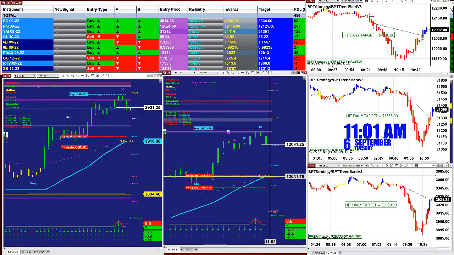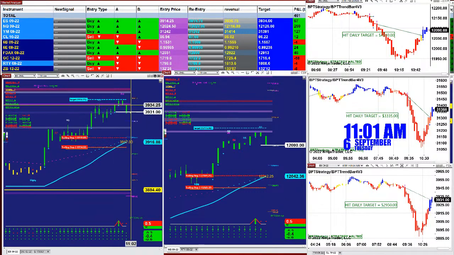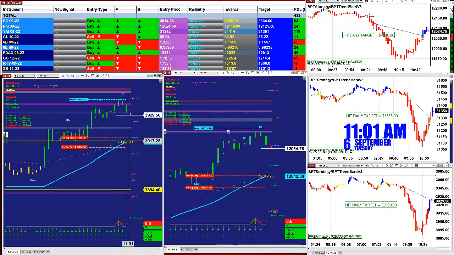For the ones who are not long on the Nasdaq, the long entry is 12,041.75. On a sim, we're not responsible for your trade. For the ES, it's going to sink into the 39.17, and the party is over for this morning. So, folks, it was a beautiful day, very nice, very easy day, and everything is fine. And we dropped into those levels. I hope you take advantage of it.